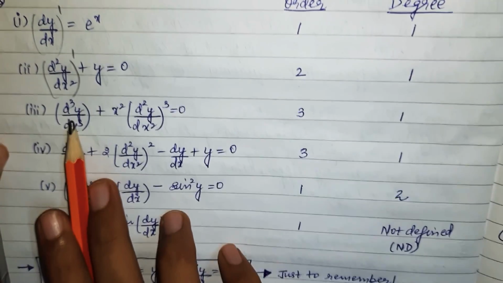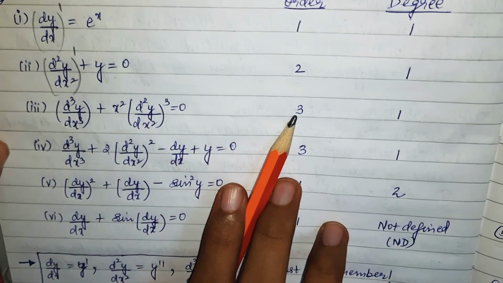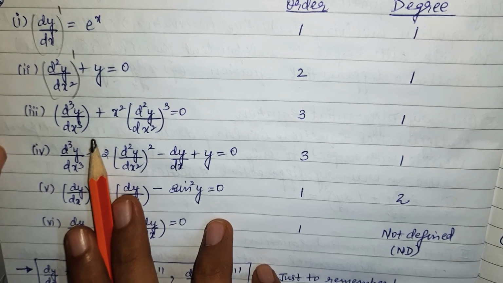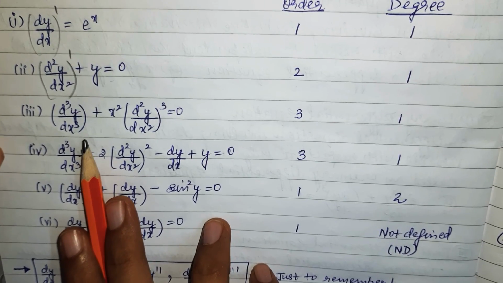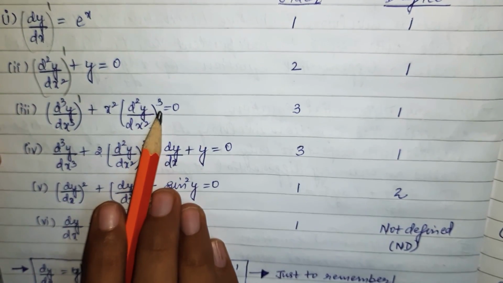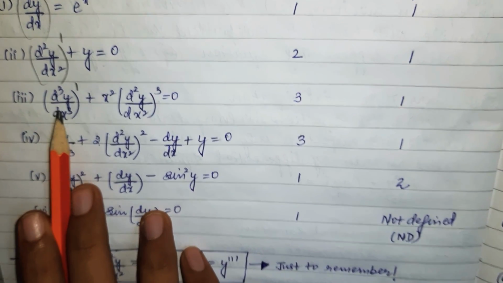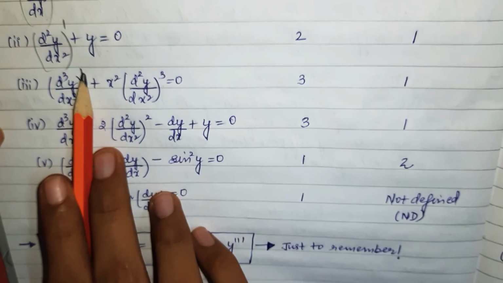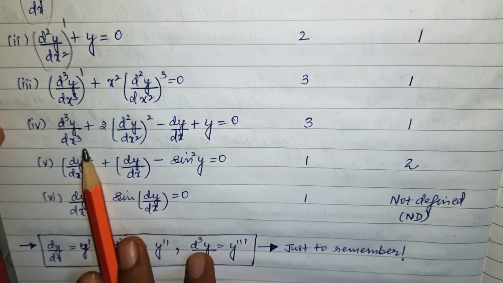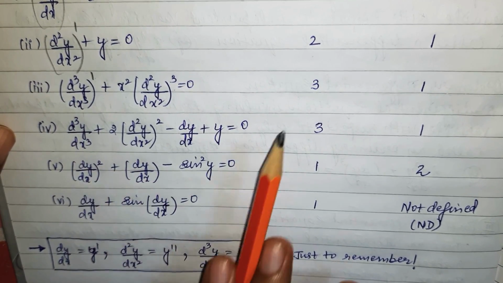In this question, this is third order, this is second order. So highest order derivative is 3. So order is 3. And now you need to check the degree. Degree is the degree of the highest order derivative. So this is 1, this is 3. Now do not think the answer is 3. We need to take the power of the highest order derivative. So this is the highest order derivative, power is 1, and this is again a polynomial equation, so degree is 1. Order, highest order is this, so answer is 3.